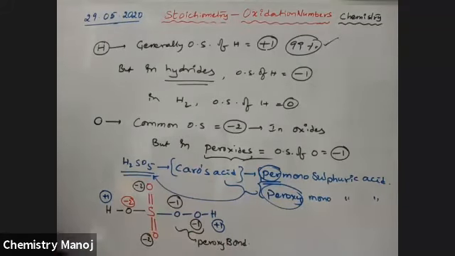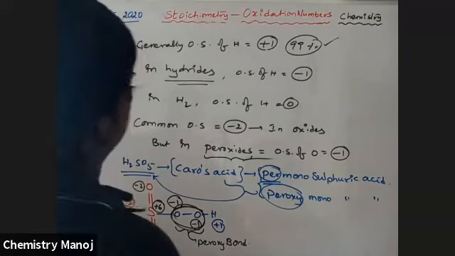Now automatically, what is the oxidation state of sulfur? Once again, it is +6. Sulfur is a 16th group element. Its highest oxidation state is 6; it never exceeds its group number. In the peroxy bond, a double bond does not exist. Only this single bond exists, and this is the peroxy bond. Okay, so this is all about your oxygen. Now I am taking one more example.